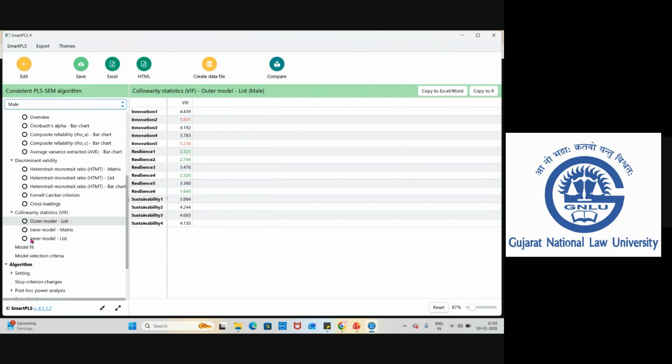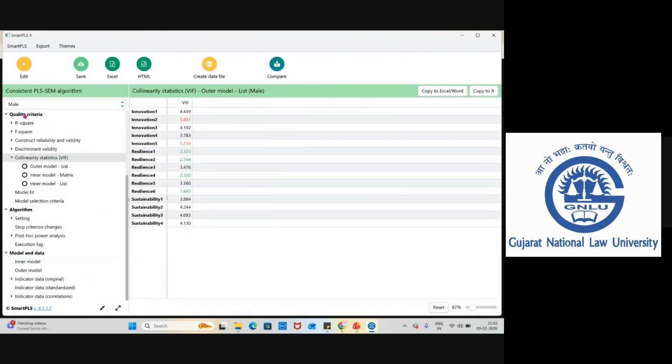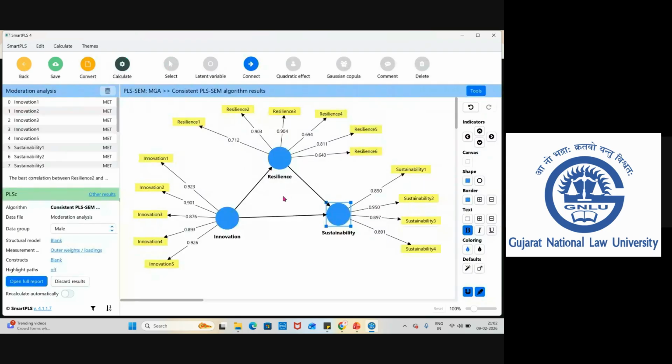So what I have to do is come back to my data. Innovation 5, there is some issue. It is a major issue we have. Innovation 2 is a major problem, as well as the innovation 5 indicator. So go back.